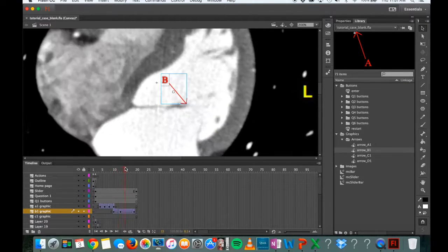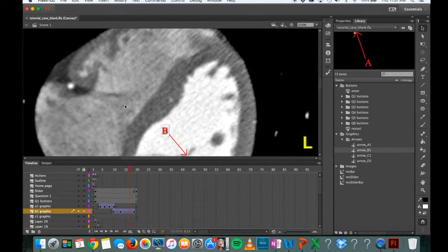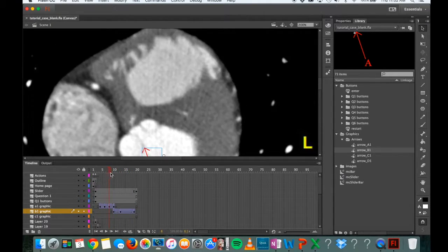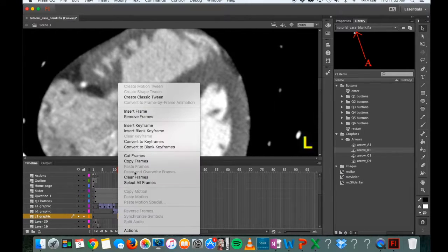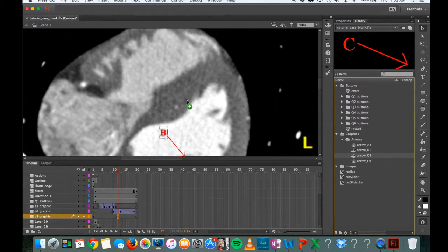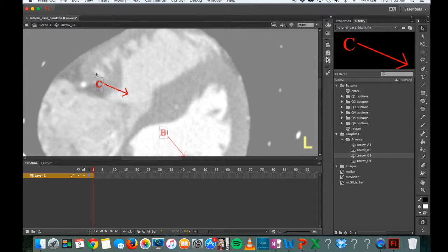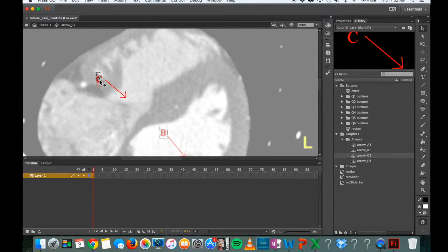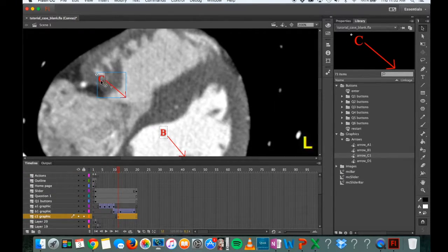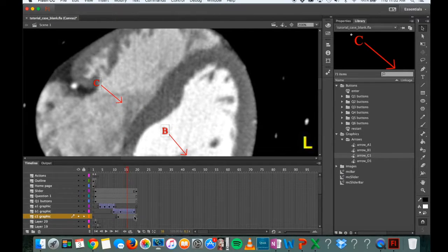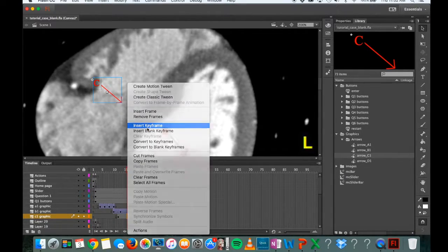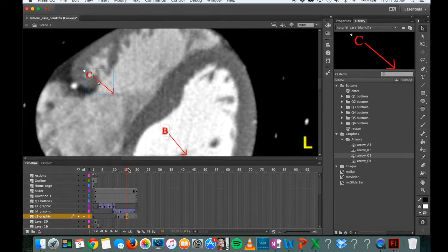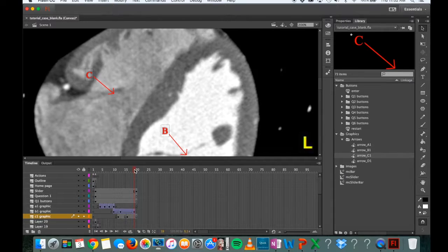Okay, so now we have the mitral labeled as B, and now we're going to do the tricuspid as C. The tricuspid's a little harder to see, so we're just going to try to get the general area of it. You can see it a little bit, but